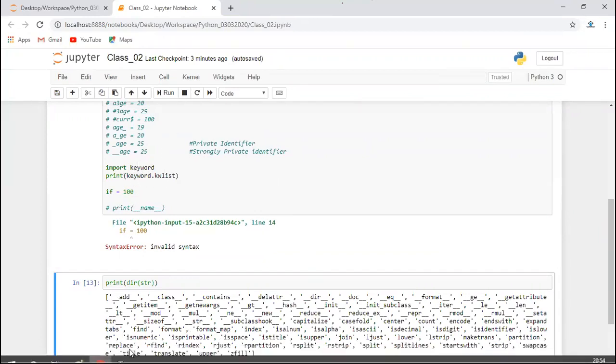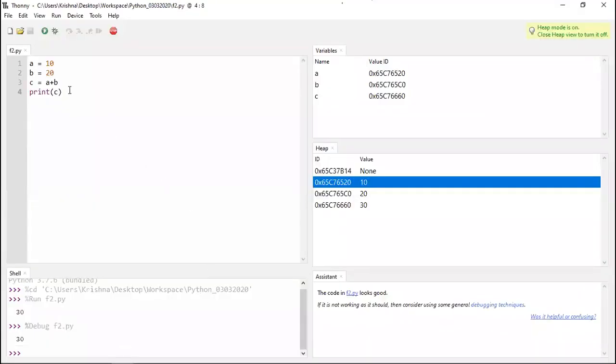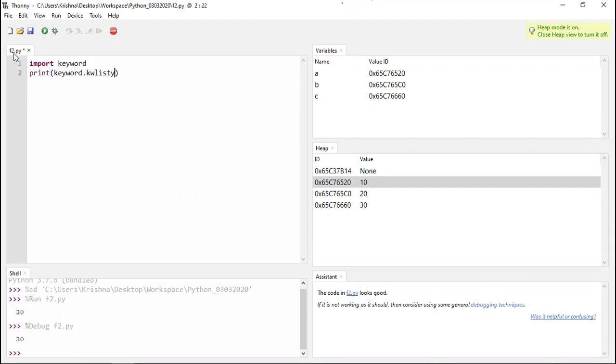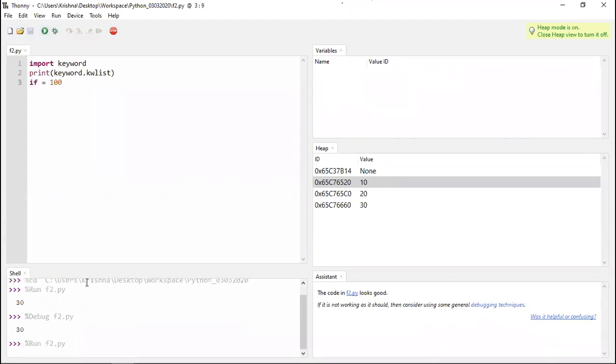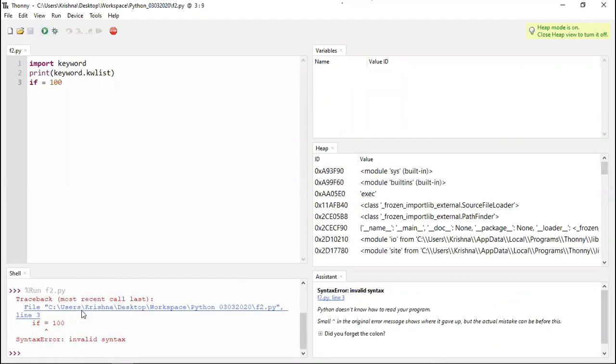But let's say I write this same code here: import keyword, print keyword.kwlist, and I will write if is equal to 100. Now if you run this code, you can see in this case it is created internally.